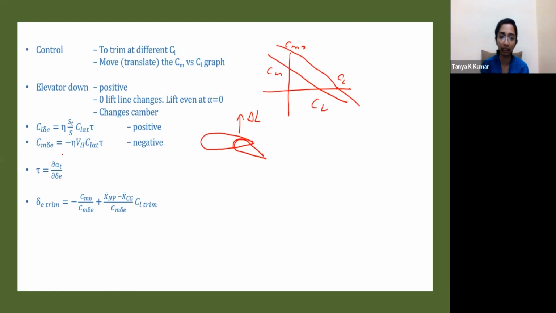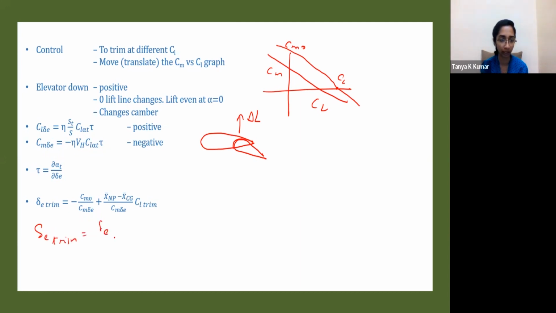Now CM delta E, the pitching moment coefficient, the slope of the CM versus delta E graph is negative. Why? Because every other term in this equation is again positive and you have a negative sign associated with it. So you have a negative slope. Tau, like we discussed before, is the control surface effectiveness parameter, d alpha tail by d delta E. And this is the equation for delta E trim, okay, you can write this as delta E trim